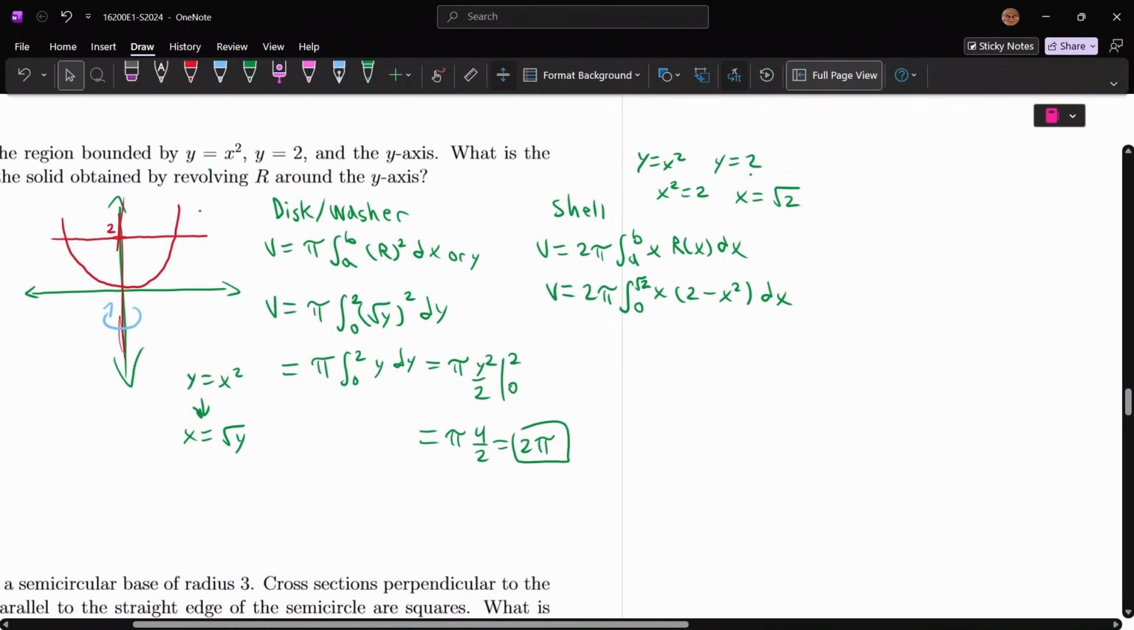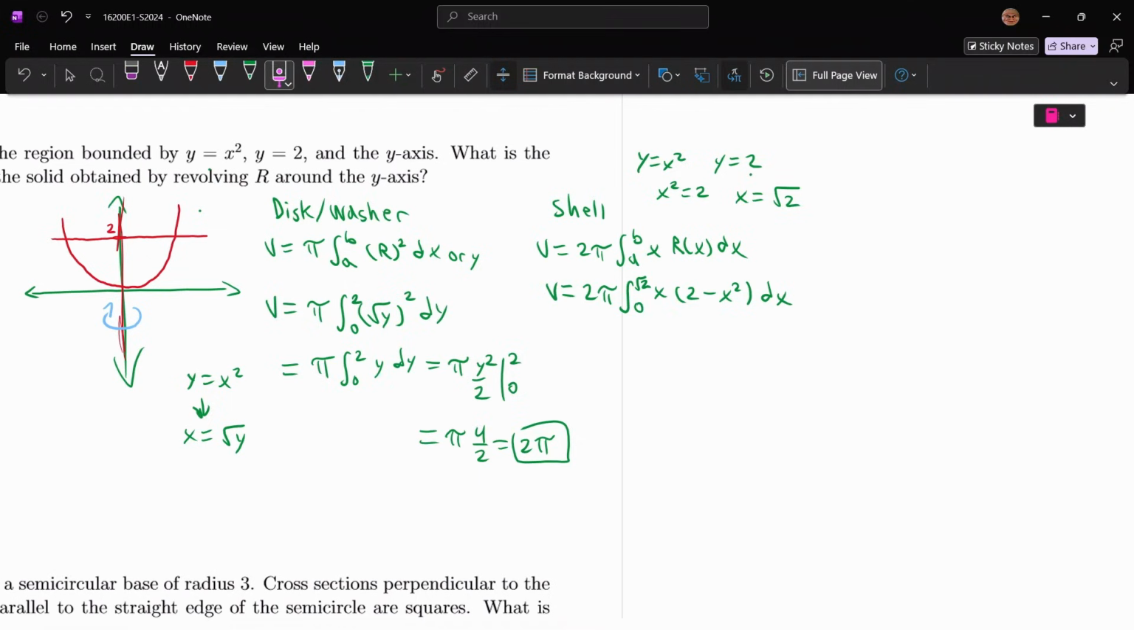So integrating this, there are two ways you can do it. You can either distribute this into here and then do a bunch of reverse power rule, or you can keep it separated like this and just do a u-sub. I'll just distribute it to avoid having to do the u-subs. You can do either one, whichever you're more comfortable with. You end up with 2 pi times the integral of 2x minus x cubed from 0 to root 2 dx. This is going to equal 2 pi times x squared minus x to the 4th over 4, evaluated from 0 to root 2, which is going to equal 2 pi